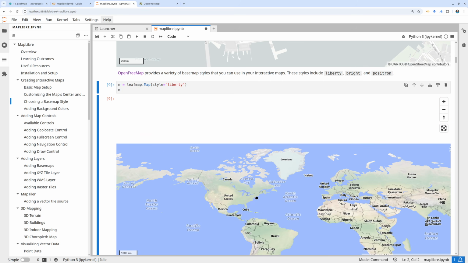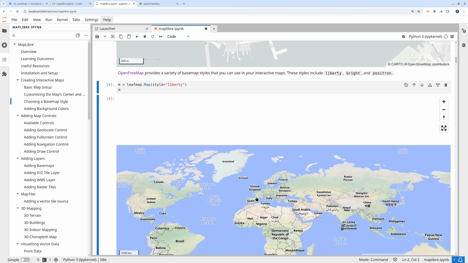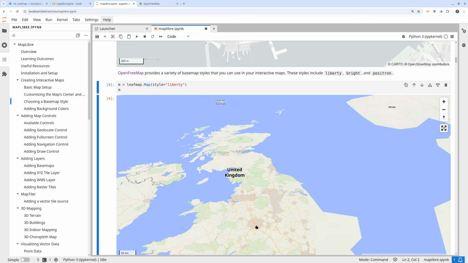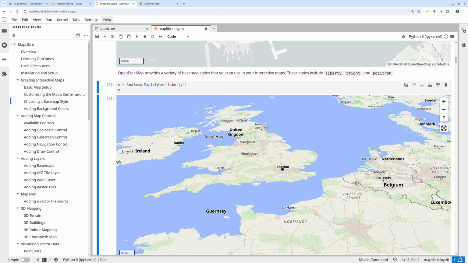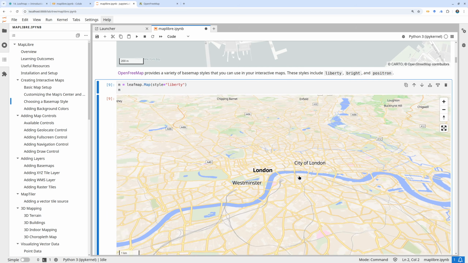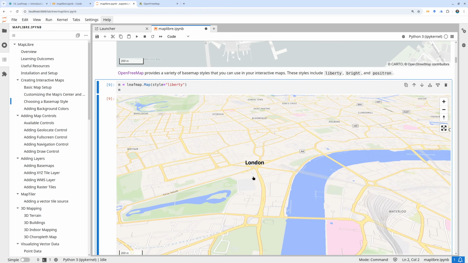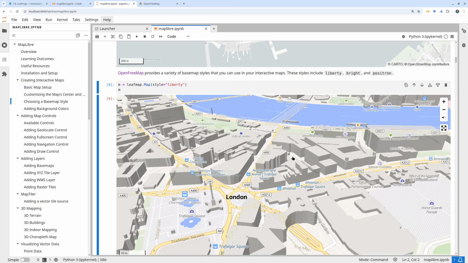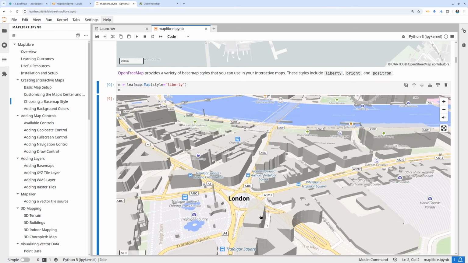So for example, I can go to maybe here to the United Kingdom, right? And you need to zoom all the way in. So I'm going to maybe look at London. So zoom in here, and it depends on your internet speed. So when you zoom all the way in, you should be able to see the 3D buildings as well. And then you can turn around. So you have all these labels that are very dynamic. So this is the power of the